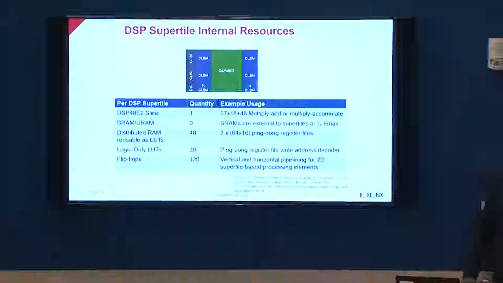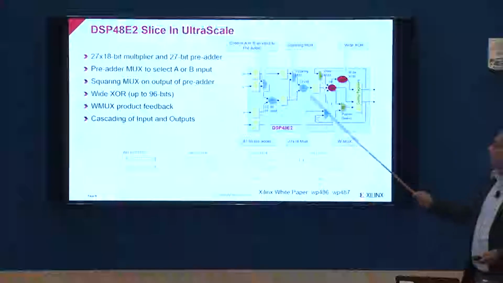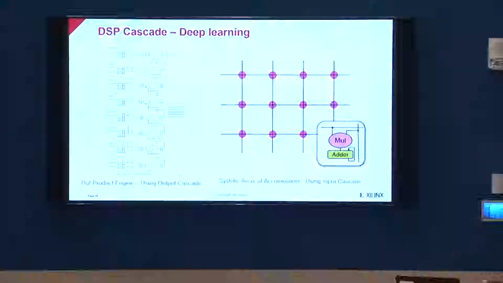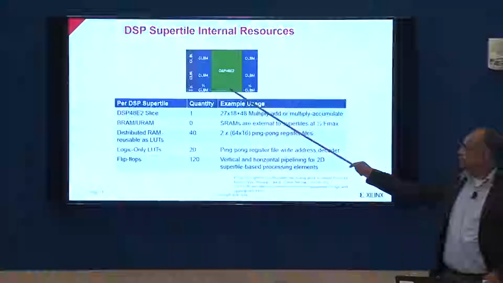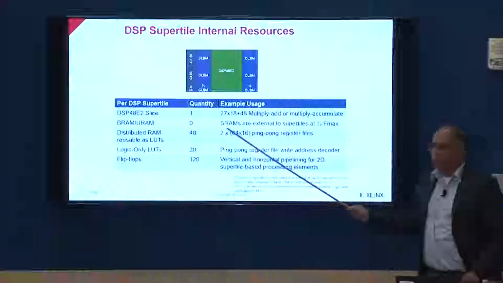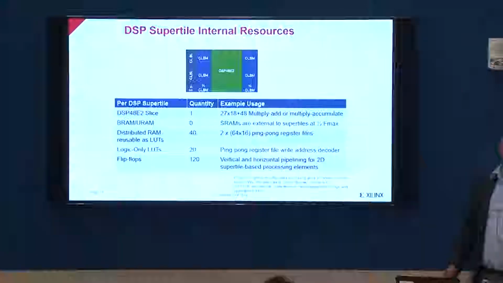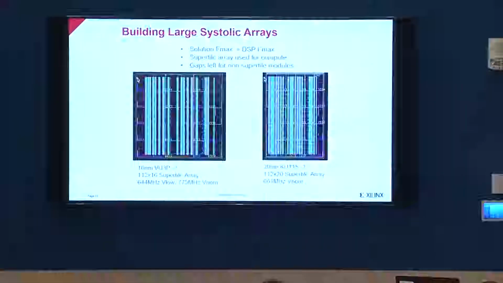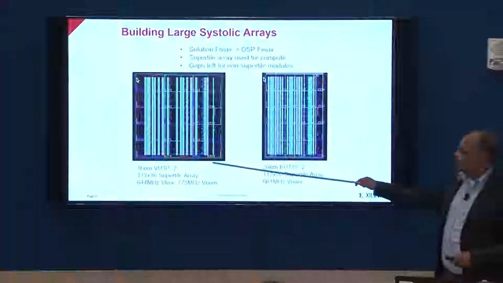So, going back over here, when you are taking a DSP, programming it to do this mode, as well as connecting them in this particular way, what you get is not just a DSP, but a very fast local memory, which you can use to store your intermediates, your weights, or some of your data, which is reused quite a lot. If you look at this particular paper, I think it describes what we call a supertile, because a DSP on its own is just a block, but combined with all of this other stuff, we call it a supertile. And once you have a supertile, you can build really large systolic